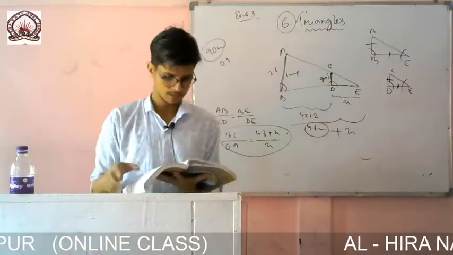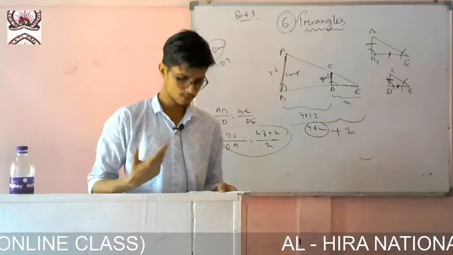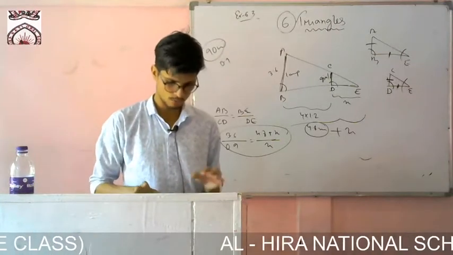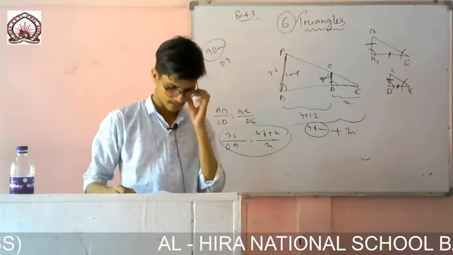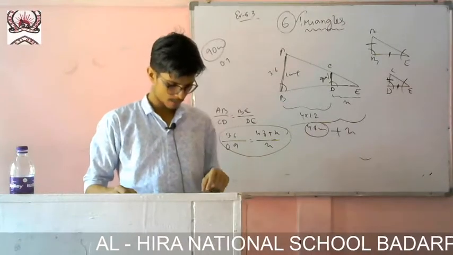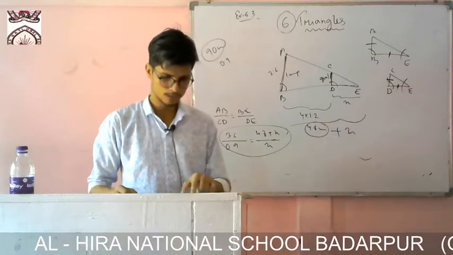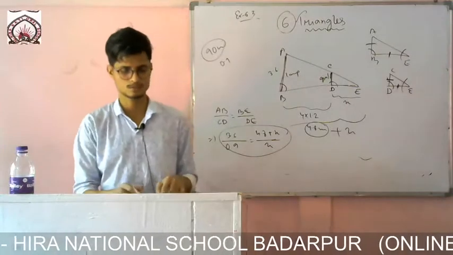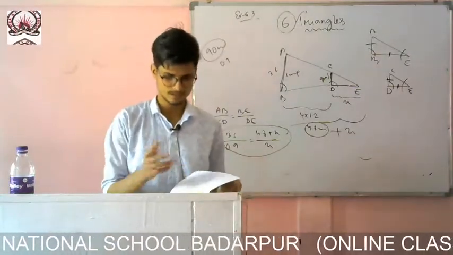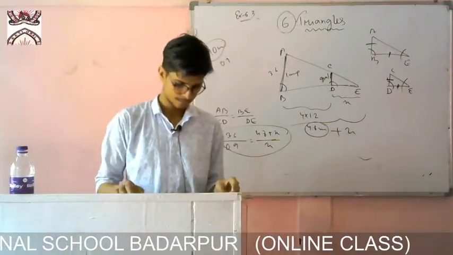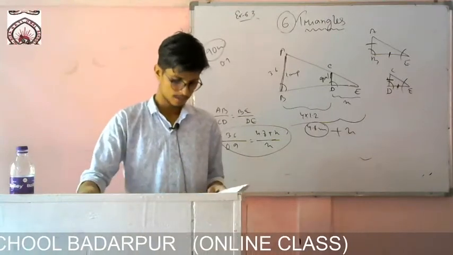Question number 8 is also similar. Two, three small questions are given one by one. You just go on solving, you will get the answer. It looks lengthy, but you just see, Roman number 1 is solved, then Roman number 2 is solved, then Roman number 3 is solved. You just relate, just by comparing it is done. Okay, now let us move to the next one.